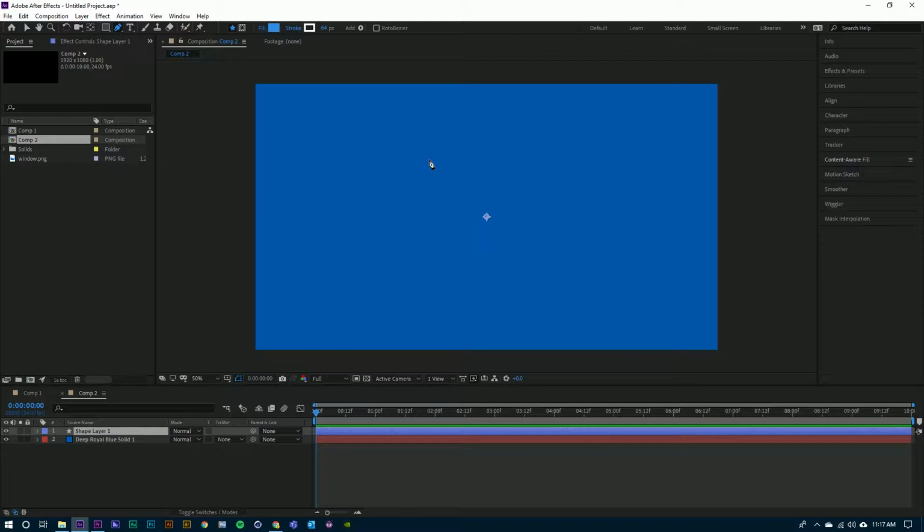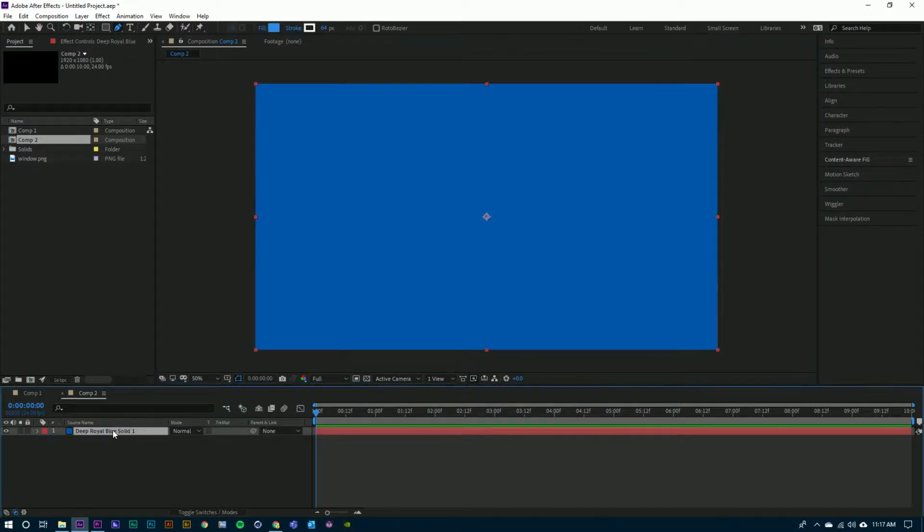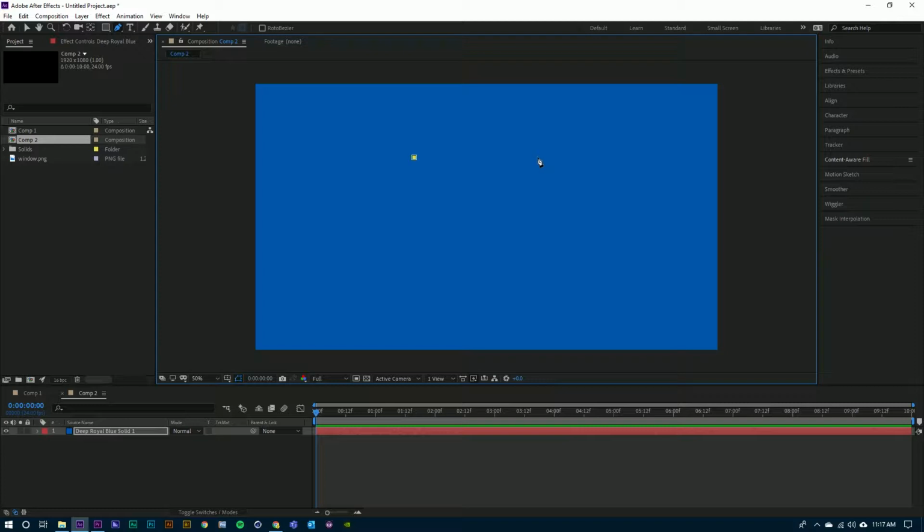It will draw paths, which are open masks, and it will draw masks, which are closed paths. To demonstrate this, first I need to make sure that the layer that I want to draw this mask on is selected in the timeline. Then I'm going to come up here and click once. That sets a point, and then I'm going to move over, click a second time, and there is a path